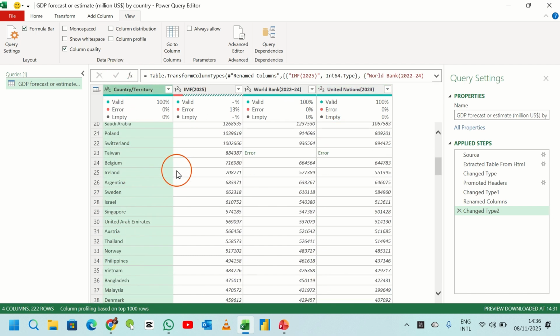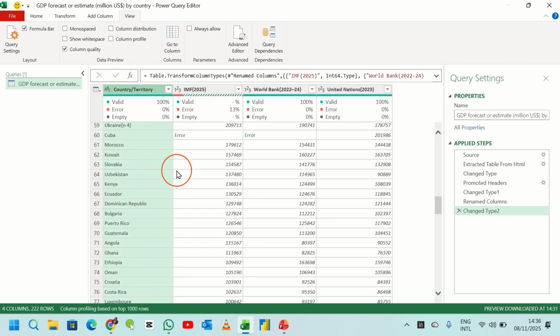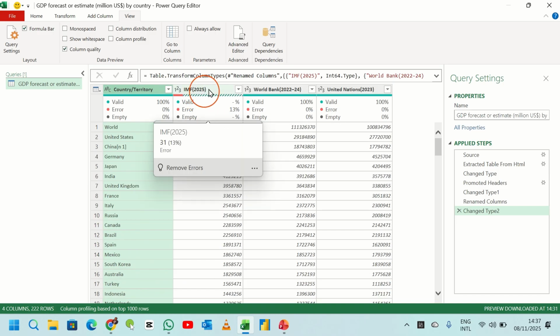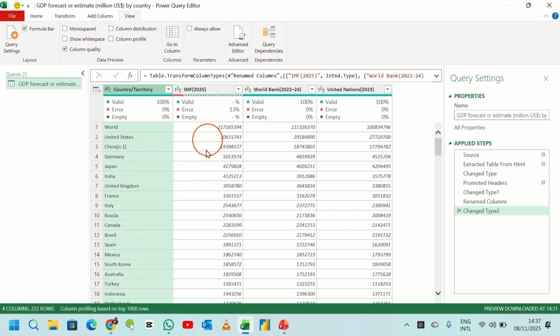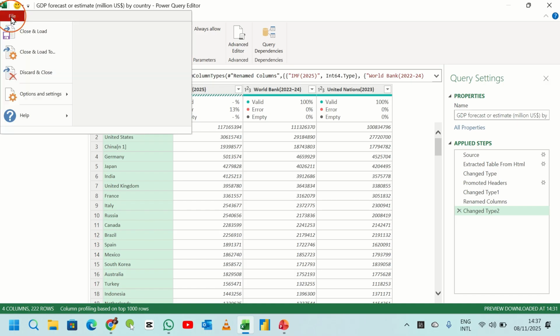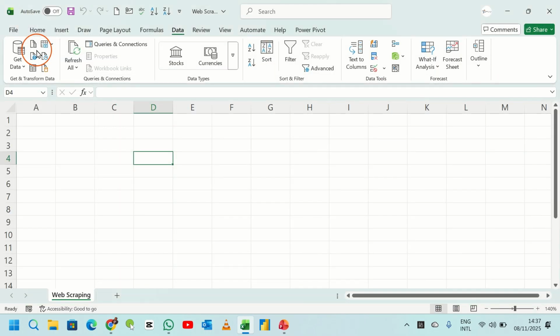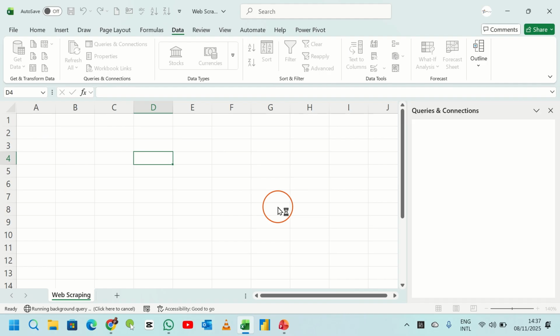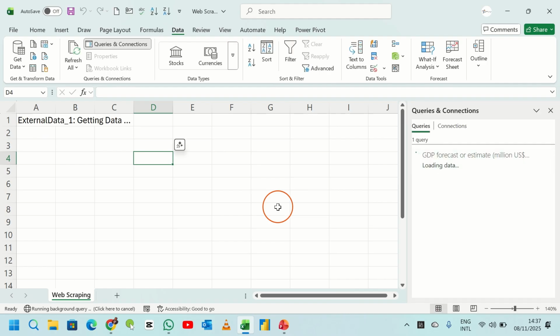And now, if you're comfortable with this data set, feel free to load it into Excel, and then you can start using it for analysis. Okay, I will not go through these other several data cleaning processes. We cover that in our next class. I'll just go ahead and load this data. So I go to File, Close and Load To, and I will load this to a table. It's quite a small table. Let's load it back to a table, and I'll use existing worksheet and load it right here. And say okay, and sure enough, you just give it a few moments and it will bring that table into